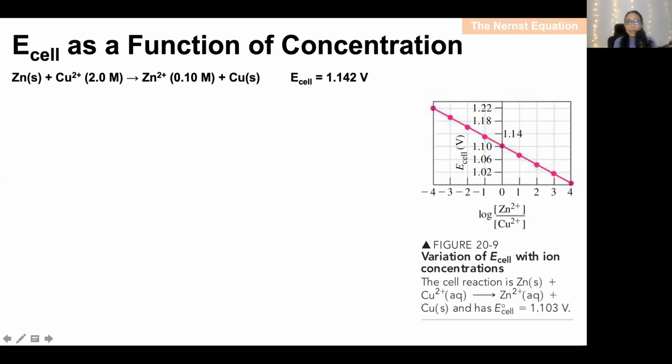So we've been dealing with redox reactions at the standard state, right? So we see standard cell potentials, and we've been using your table of standard reduction potentials. Everything is in standard state. But of course, when you perform an experiment in the laboratory, most of the time, it will not be in